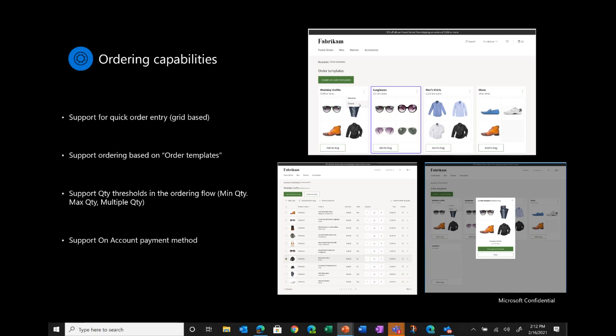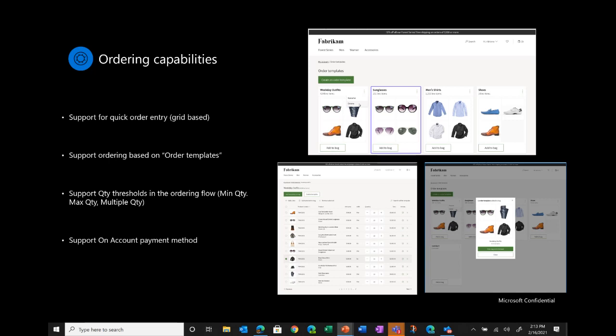The other scenario that is more prevalent for B2B, but is also applicable for B2C, is order quantity thresholds. So, for example, businesses want to define business rules and validations like, for a given product, it can only be ordered up to a maximum quantity of X, for example, or the user needs to order at least a minimum quantity of Y before the order can be accepted.